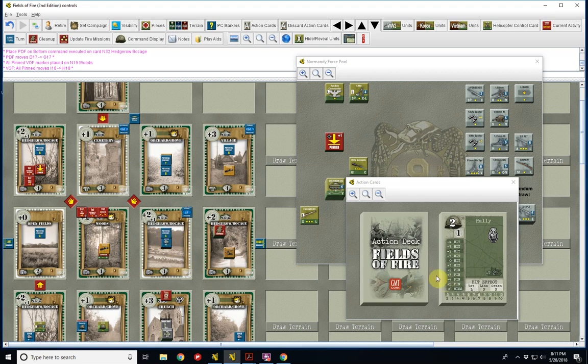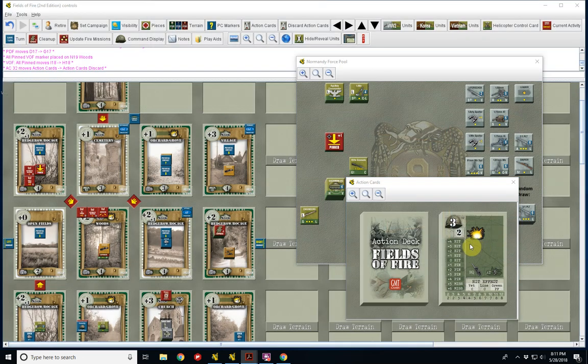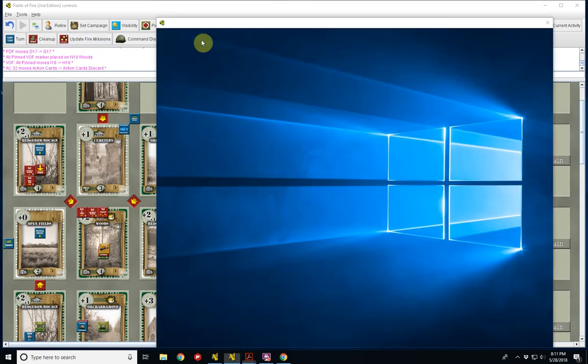So it's a 1 to 10. Let's see what we got. First we have to see if we're activated. So I'll call that my first contact draw, which was no. At this point, we are... Let's take a look. We are